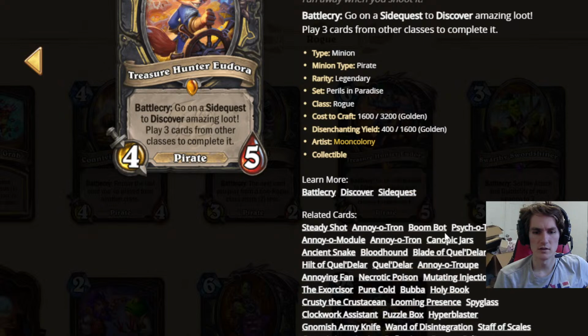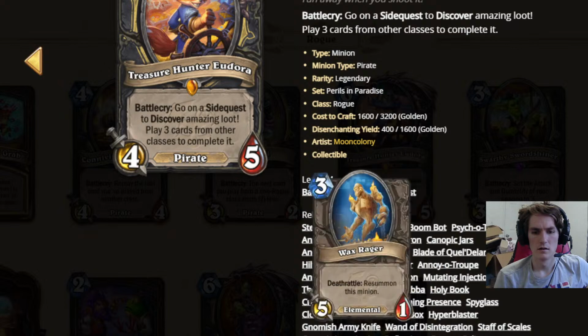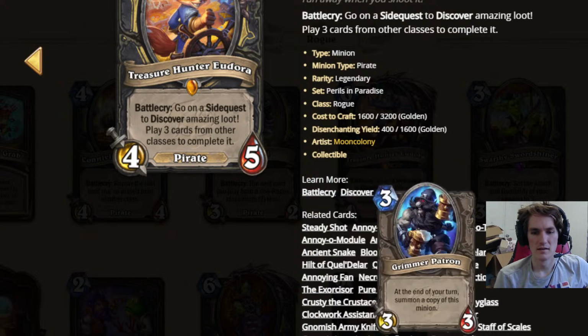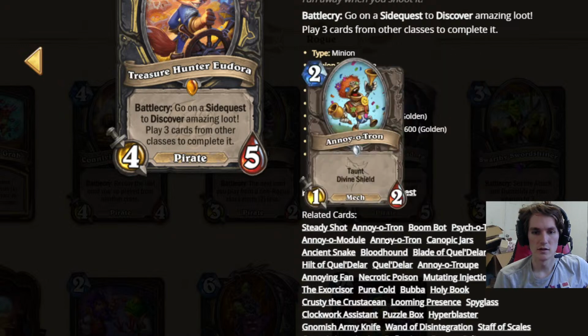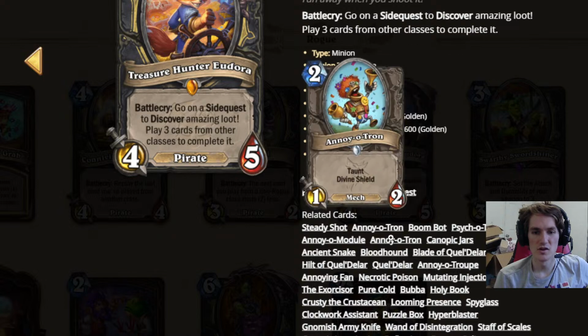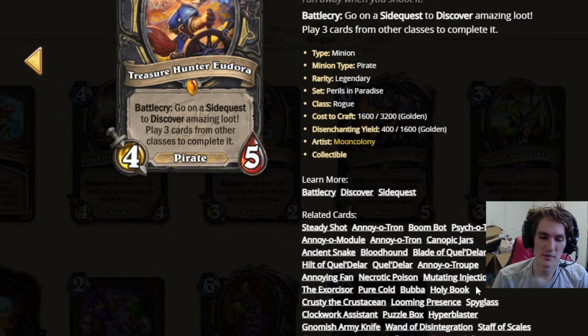Most of these are good. Why is a Noyotron here? Oh, because of fill your board with annoying minions. This is such a roundabout. Yeah, that's the same reason Psychotron is here. Psychotron, a Noyotron, a Noyo module. A Noyotron from Goblins versus Gnomes versus Noyotron. This is a crap fest of